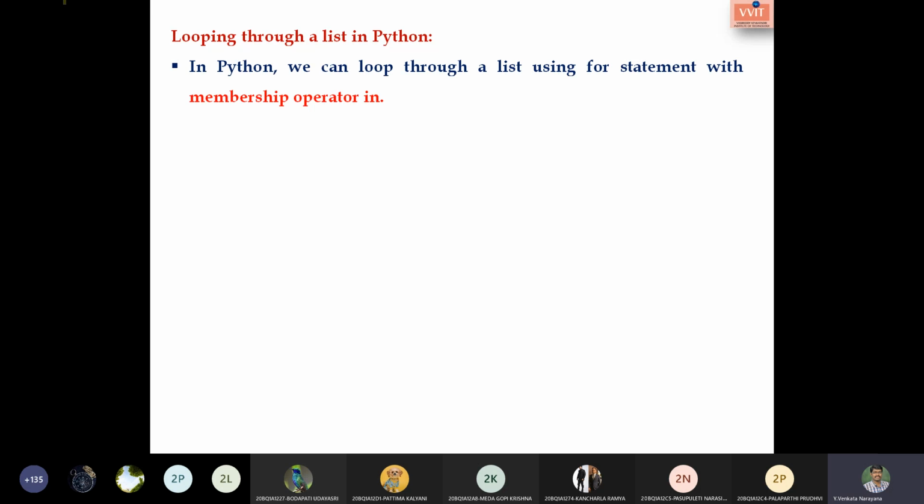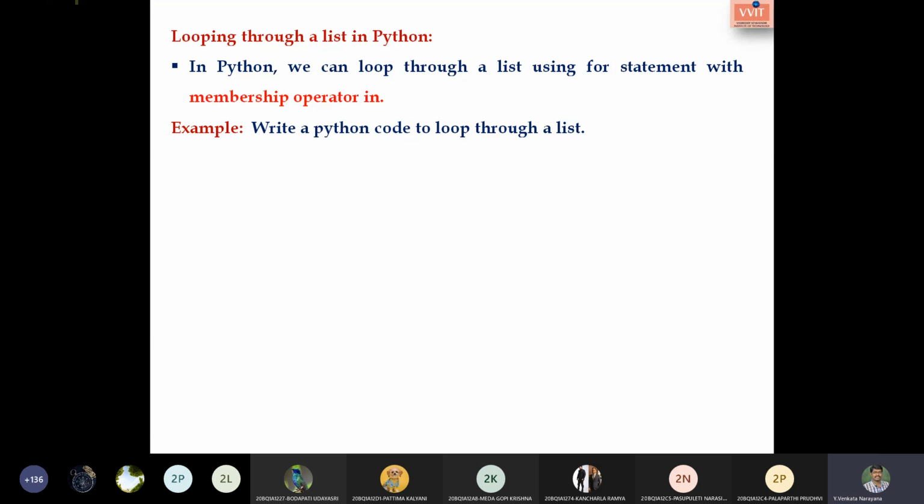So next topic, we are supposed to perform some looping over the list. The next thing is how to use a loop in accessing the entire list items, by using the membership operator in. I think you are aware of this, right? Yes, sir. So what are the membership operators we have? In, not in. Yes, these are the only two membership operators we have in Python. Along with for, we use the membership operator in. So let us check how we are supposed to go with the program.